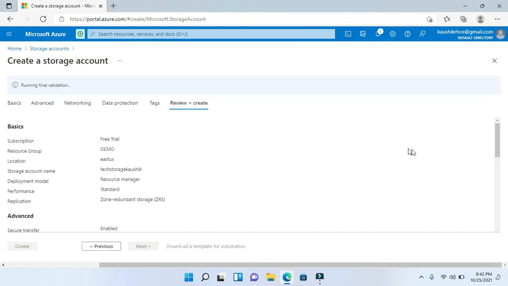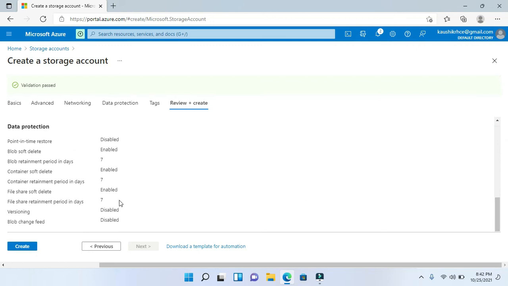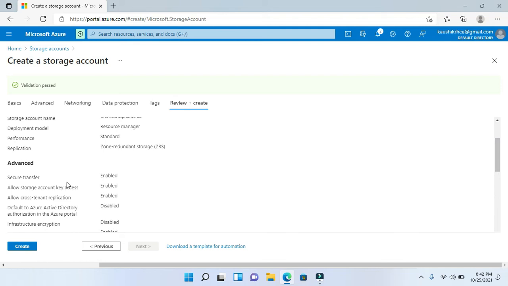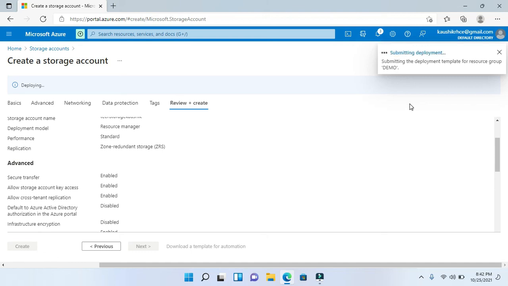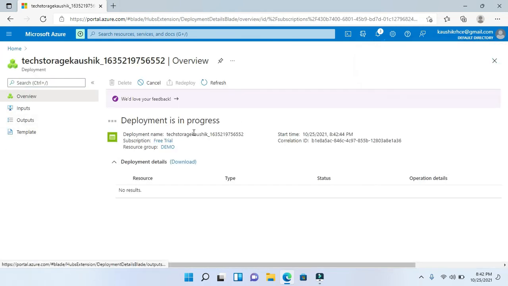If I click this one, it will create the account based on your basic requirements. Now you can see the initialization process, and this is the storage creation process. Just one second, it is in progress.